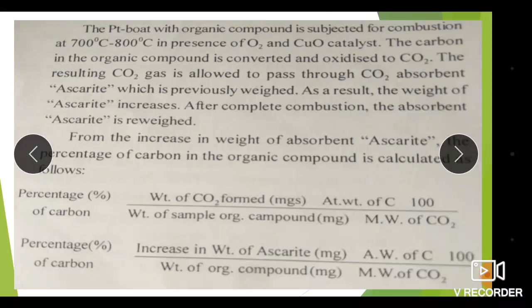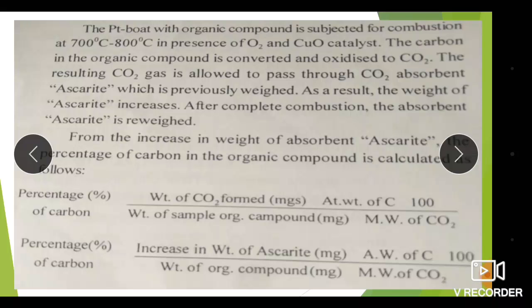The pre-weighed ascarite is used, and after absorption the weight of ascarite is taken. The increase in weight of ascarite gives the amount of CO2 formed, which is directly proportional to the amount of carbon present in the organic compound, and with the help of the formula we can determine the amount of carbon present in the given organic compound, that is